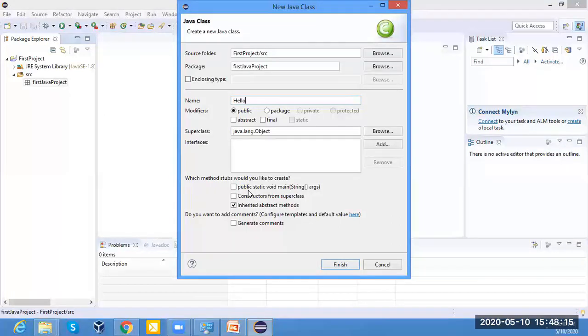But as of now, you should remember only one thing: the name of the class has to start with a capital letter. If you write a small letter, it will show this warning. This yellow signal is always for a warning, meaning that it is only a recommendation. If you use a small case letter, it's okay. It will not show any error in the system, and it will run successfully. But the recommended convention is a capital letter. So always remember this convention: class name starts with a capital letter, while package name starts with a small letter. Select this public static void main and click on Finish.